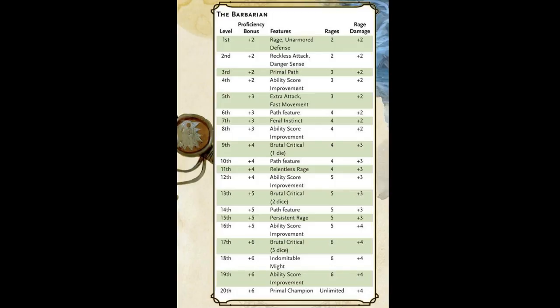You can use shields, light armor, medium armor, no heavy armor, and in fact, using heavy armor with a Barbarian is almost defeating the purpose, because lots of the abilities don't work properly when you do so. You get all of the weapon proficiencies, no tool proficiencies, and often people pick up the background Outlander because that gives you the key skills that are most important for your Barbarian, and that'll be athletics and survival,